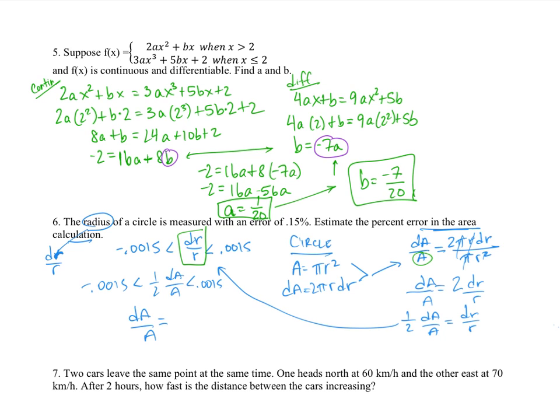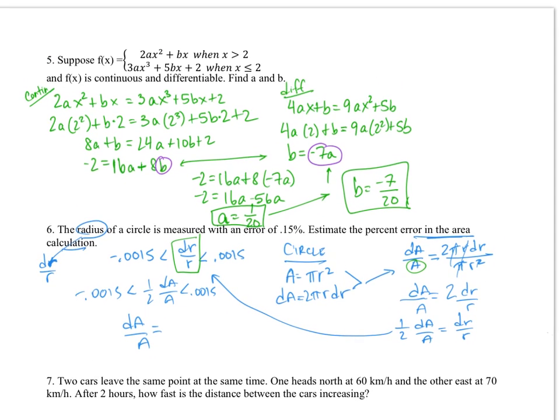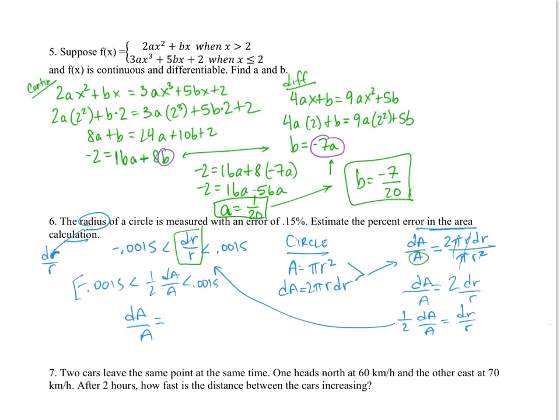Multiply everything by 2. So we're multiplying by 2, and this gives me a value on this side of, let's not skip that step. Let me go ahead and see if I can put this in. I'll squeeze this in right here. I'm multiplying everything here by 2, so this gives me 0.003 less than dA over A less than 0.003. So that means dA over A will be plus or minus